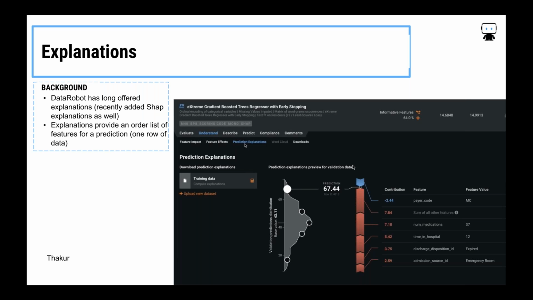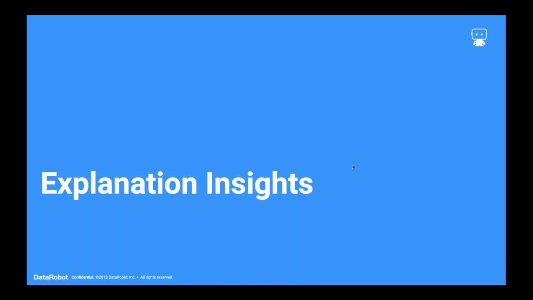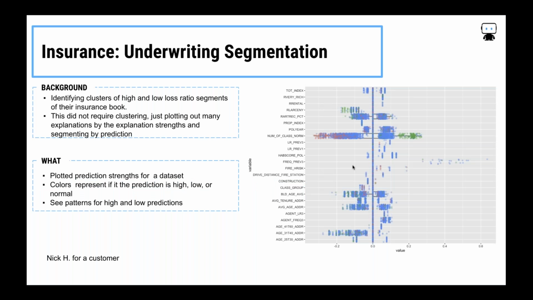Now, explanations are terrific when we're working with individuals. A lot of our customers will take these explanations, put them in a dashboard, and provide a lot of context when they're trying to understand what's going on with a particular row of data. But what I want to focus on today is when we start using those explanations in a bit different ways. So one of the first things people will start doing with these explanations is, instead of looking at one individual explanation, let's start looking at all of them.